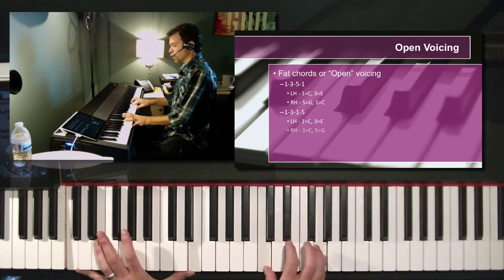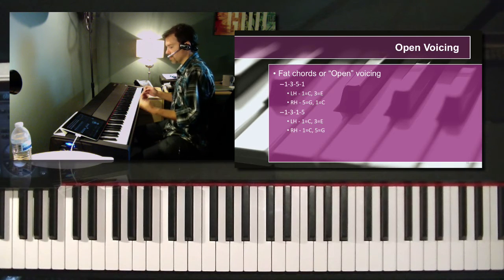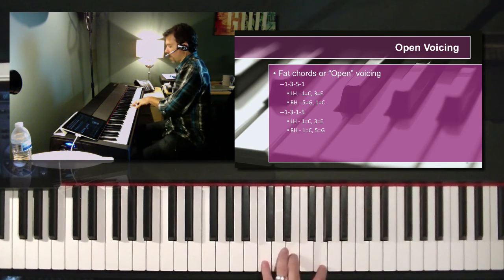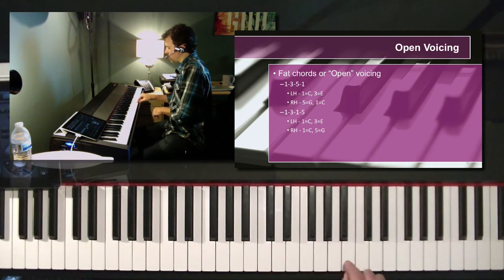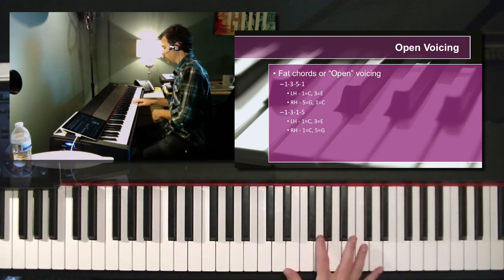1-3-5-1. Right? So every time you spread out the notes, you get some depth there. Now that's just a triad. That's just the 1-3-5. What about the 7, the 9, the 11, and the 13? How do we? Whoa, that's crazy. Well,